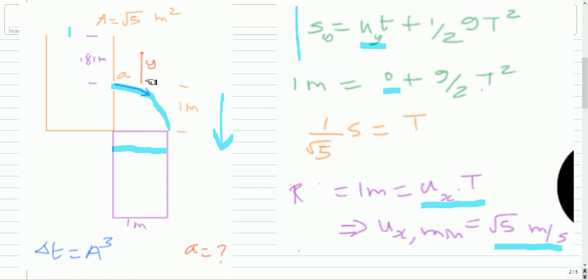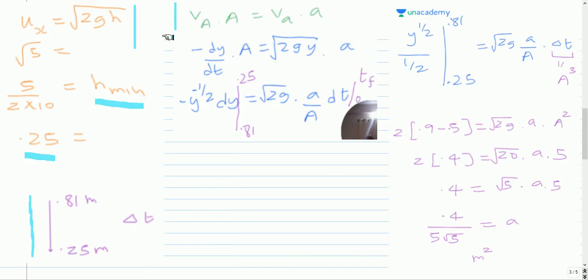I'll choose the origin of the y axis here and the direction of the y axis is upwards. So y is the coordinate of this water level. So the velocity V_A is the rate at which the level of water is changing. So it's dy by dt, and since y is decreasing with time, we are putting a negative sign here. So minus dy by dt is a positive quantity, and that is equal to the velocity of water at the topmost level in the tank. And v_a is square root of 2gy. This is by Torricelli's law.